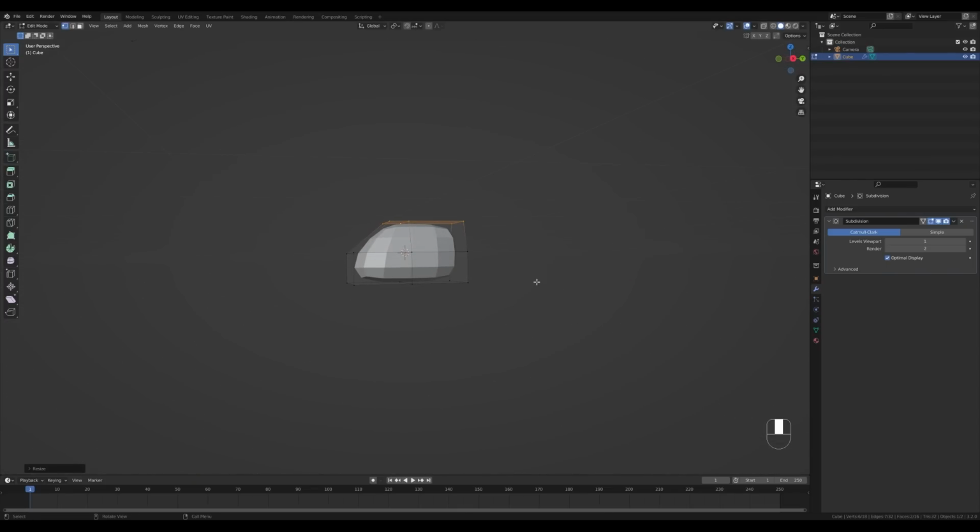Now we can push this a little bit higher up, so we can toggle X-ray, select these vertices, press G then Z and move them up. And of course these two in the back, we can slide them on the Y axis. So press G then Y and slide them. So this will serve as the base body for the helicopter, and now we can continue by adding a tail.